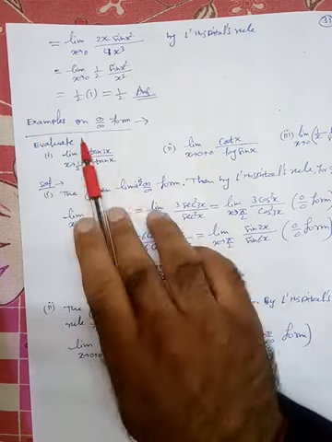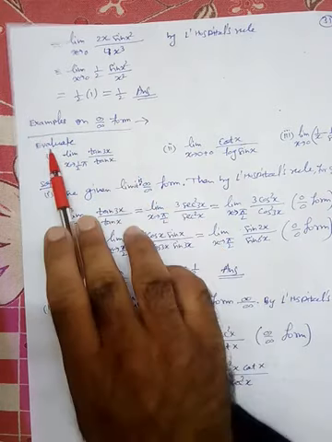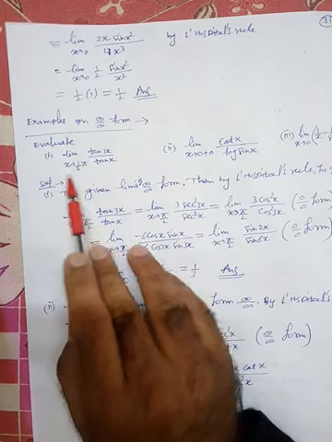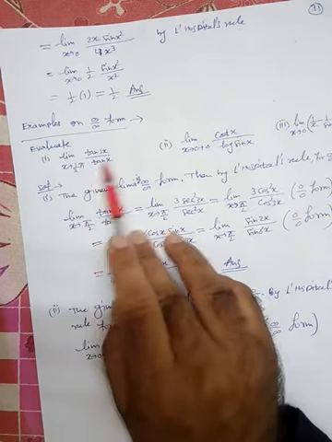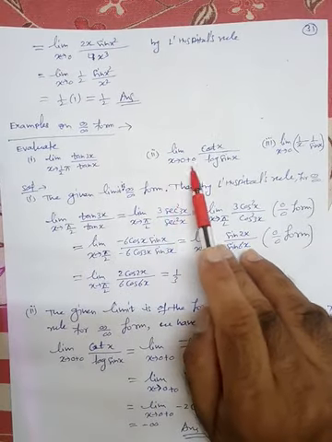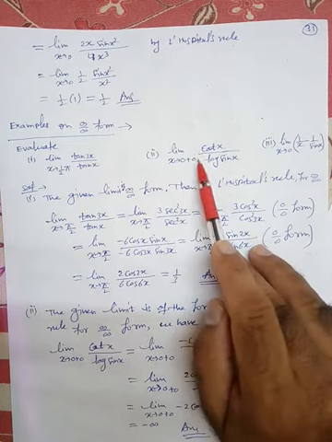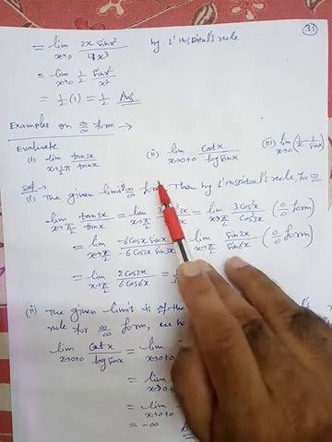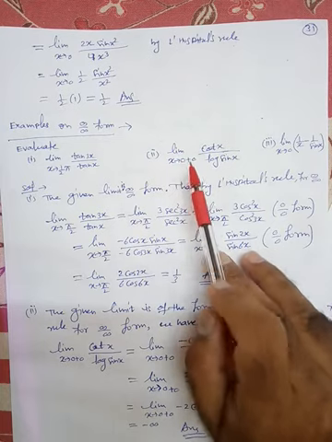Now then another example on infinite by infinite form. Okay. So here we have: evaluate limit x tending to pi by 2 of tan 3x divided by 10x. Second example is limit x tending to 0 plus 0. Here 0 plus 0 means we are finding the right hand limit only. We are not considering 0 minus 0. So here we are finding only the right hand side limit. Okay. So remember this thing.